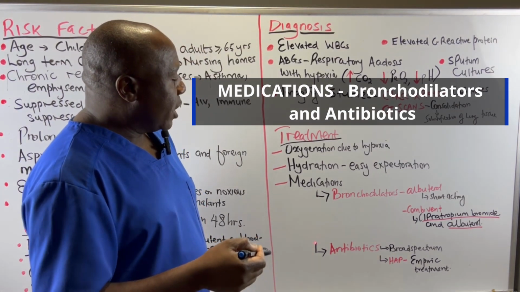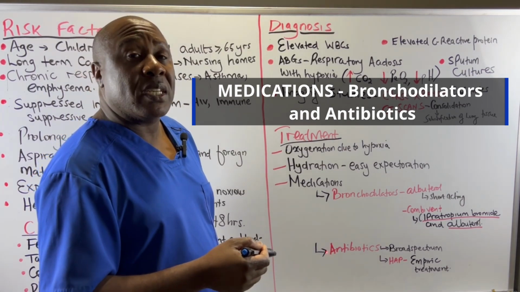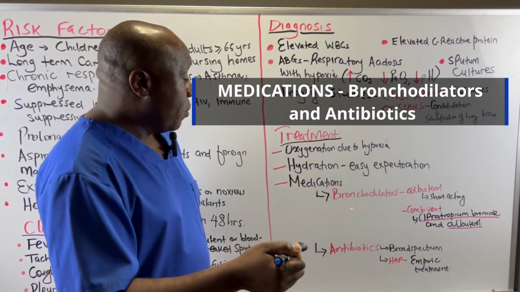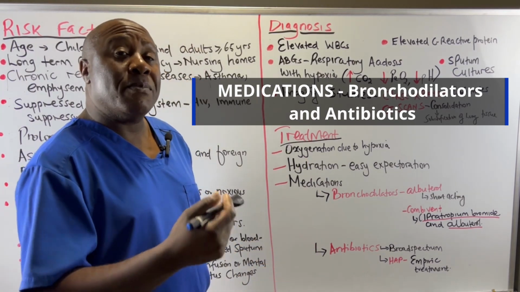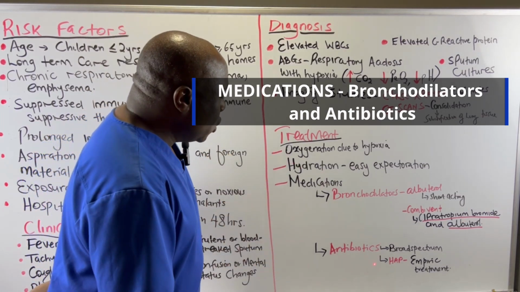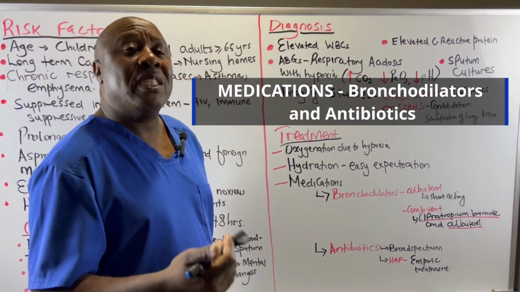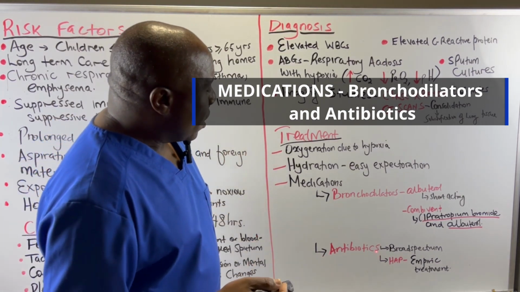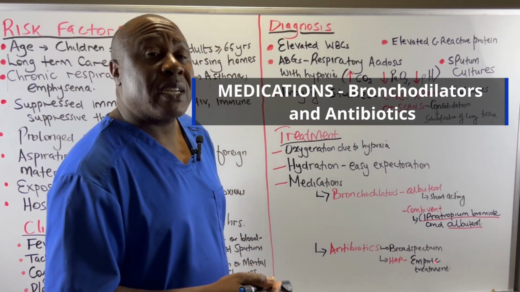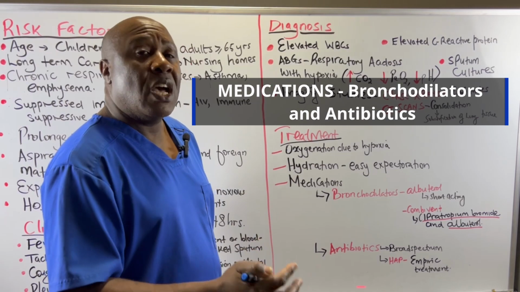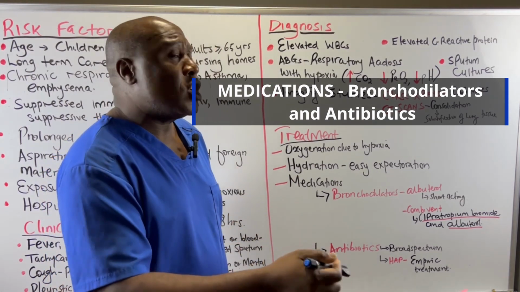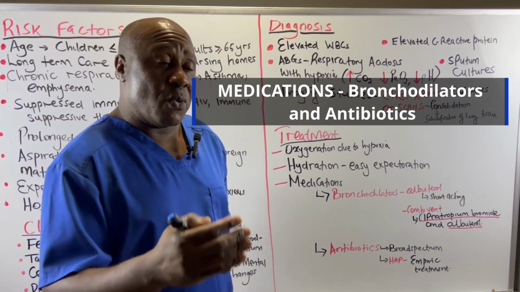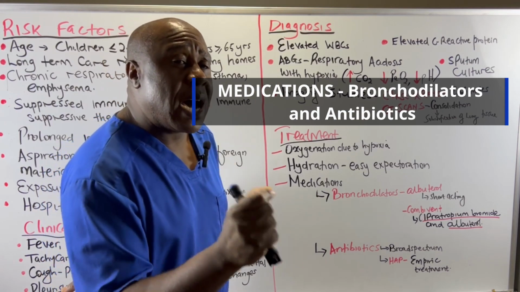And remember, it is always better to treat with antibiotics when you have drawn the cultures. We should draw the cultures first, before we expose the patients to antibiotics. Because when we draw the cultures first, we'll be able to determine what is the offending organism so that we can get the right medication. So initially, we normally use broad spectrum antibiotics. Once we have drawn the cultures, we give broad spectrum antibiotic to this particular patient because we have not identified the pathogen. But once we have identified the pathogen, then we can narrow to what type